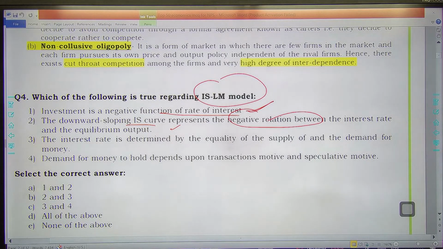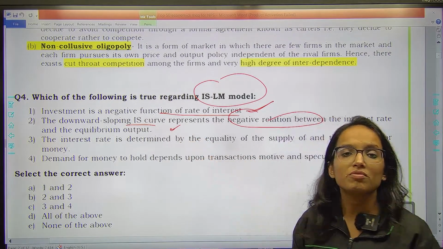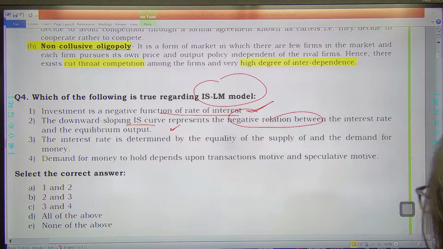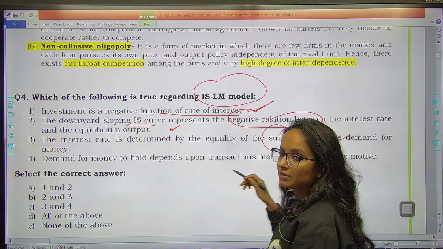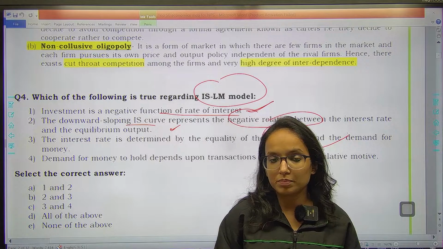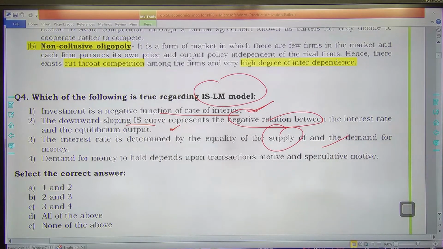That is also true, right? So the IS curve is downward sloping. Why is it downward sloping? Because there is an inverse relationship between interest rate and equilibrium output. Then the interest rate is determined by the equality of supply and demand in the money market. If you look at the equilibrium in the commodity market and money market,